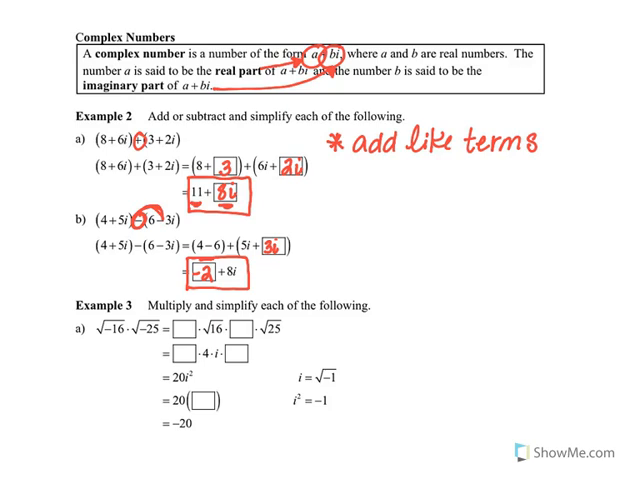Okay. Let's multiply and simplify. I know we're multiplying because of this little dot here in the middle. I want to actually simplify my radicals first before I multiply. So I know that